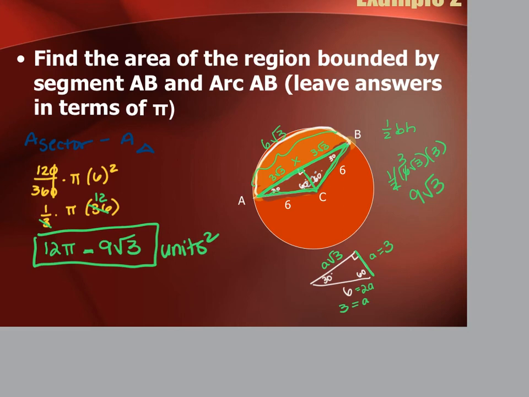Okay. Questions? So that question right there is a great standardized test question because it puts together a bunch of different stuff. Of course, that's what they like to do, right? And that 30, 60, 90 triangle is not going anywhere. They could be all different kinds of shapes, though. You could get a square inside the triangle, and you have to subtract the area of the square away from it. Or a square inside a circle, and you have to subtract the area of the square away from the circle. Or you could get a bigger triangle inside. All that good stuff, you'll get some application of that. Okay, and actually,